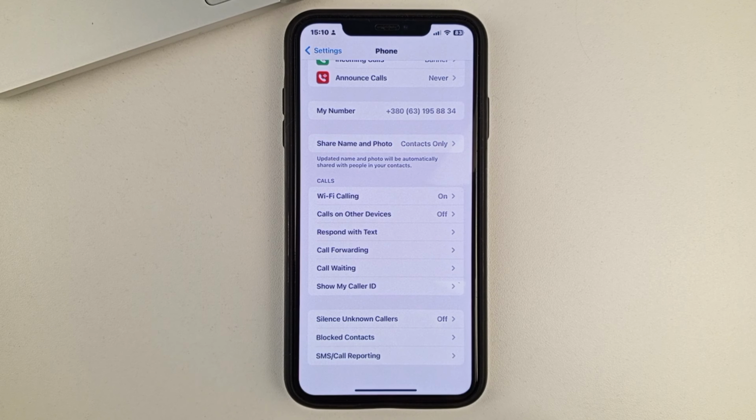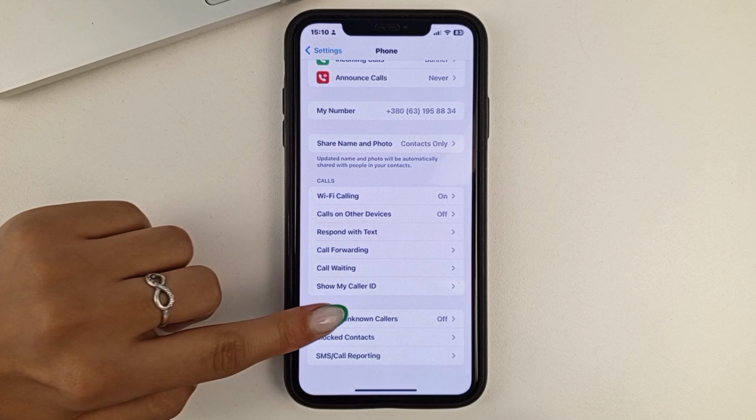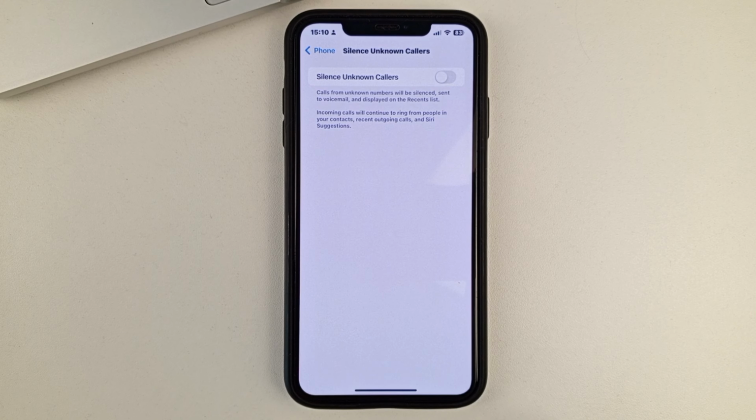Next, you will need to find the Unknown Calls option. And you also need to make sure that it is disabled. If it is enabled, then disable it. This option blocks unknown numbers. And if you get a call from someone from an unknown number that you don't have subscribed, then it will reject that number. If on the contrary, you are waiting for a call from some person who is not yet subscribed with you, then you need to disable this feature.